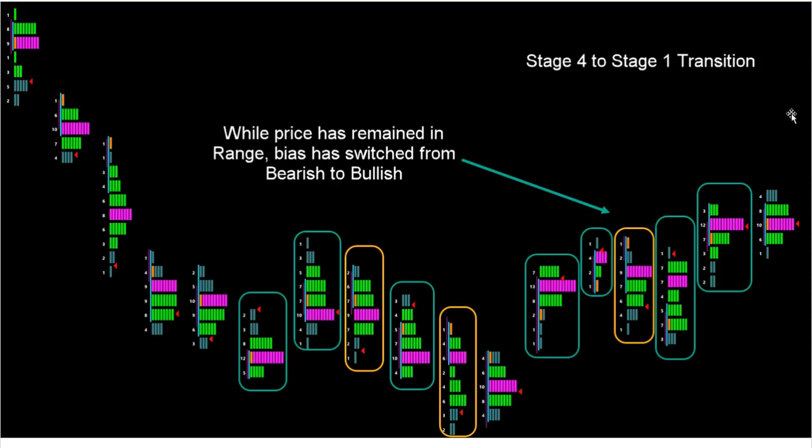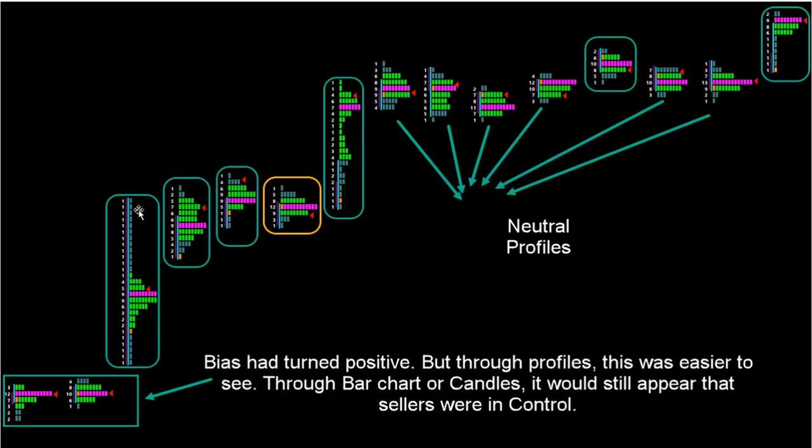profile has gapped up somewhere here, and it is clearly above a well-defined value area range. Range extension has also happened on the upside, so this is typically a good region to go long, or add to your existing long positions. The next profile gaps up above the value area of the previous profile and closes pretty